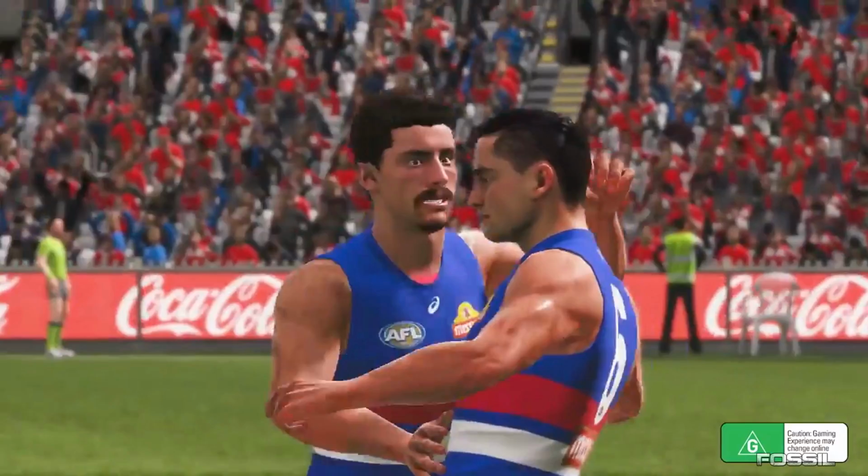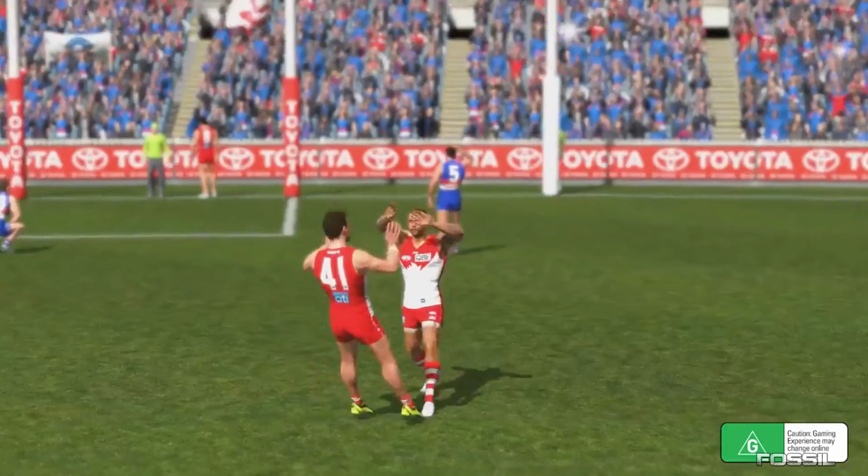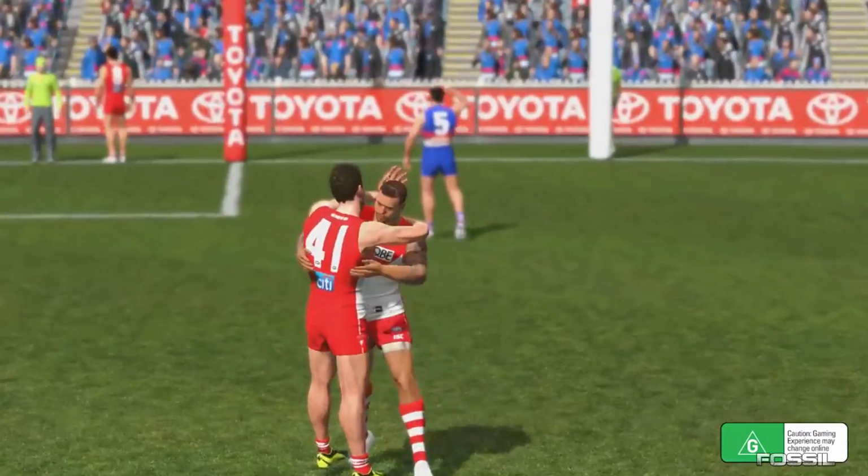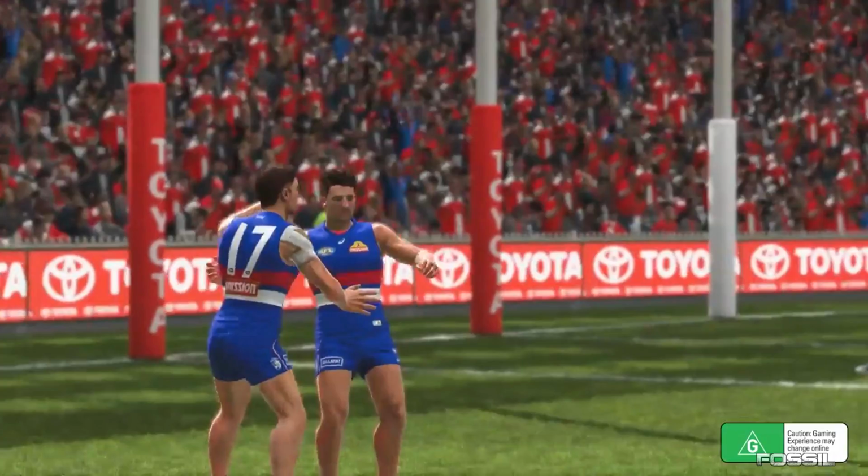We've got a look at a celebration here between Luke Dalhouse and Tom Liberatore. And these celebrations look very familiar to the ones that we got in the DLC pack for AFL Live 2. And here we've got Buddy Franklin and Tom Papley celebrating after a goal. And here we've got another celebration with the main star on the front cover of AFL Evolution, Marcus Bontempelli and